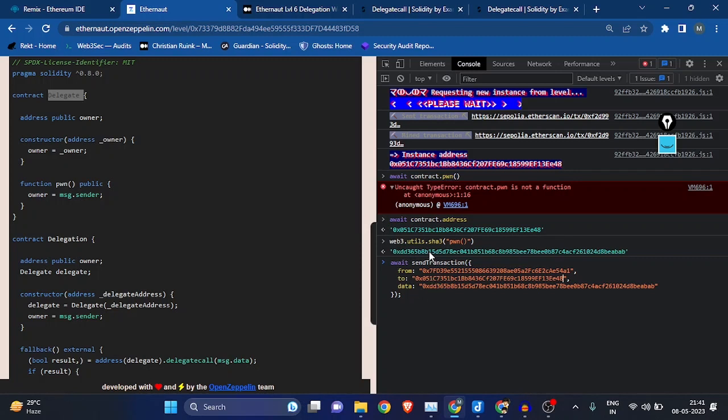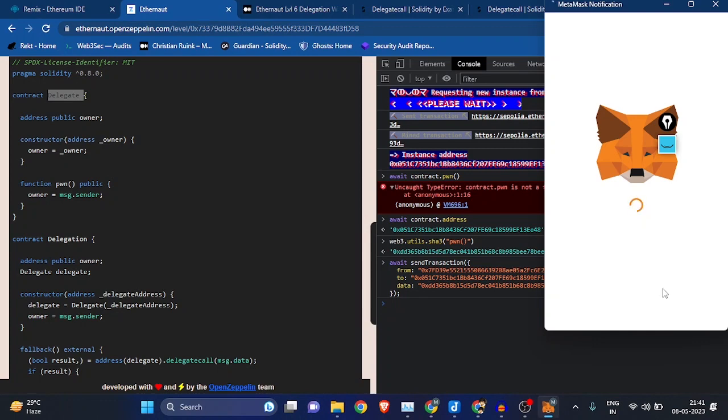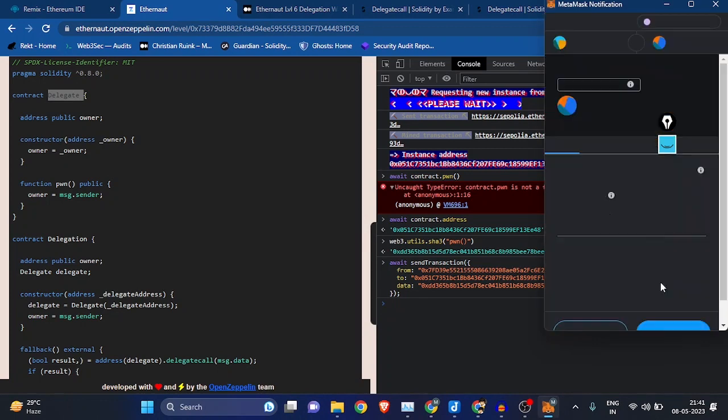So data is actually the SHA-3 hash of the pawn function from this contract, right? So this is how we are sending a transaction. I am sending a transaction and confirming it, and after confirming, let's see if we have